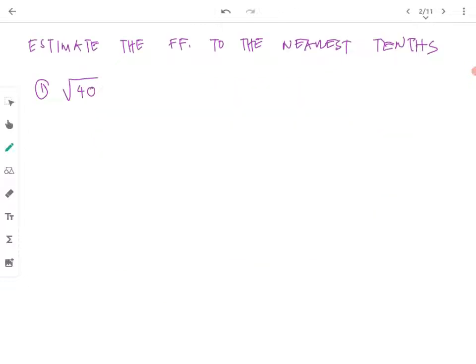So for example, let's estimate the following to the nearest tenth: the square root of 40. The first thing we're going to do is look at two integers between which the square root of 40 lies. So let's think of two rational numbers between which the square root of 40 lies. We have the square root of 40 between the square root of 36, which is rational,